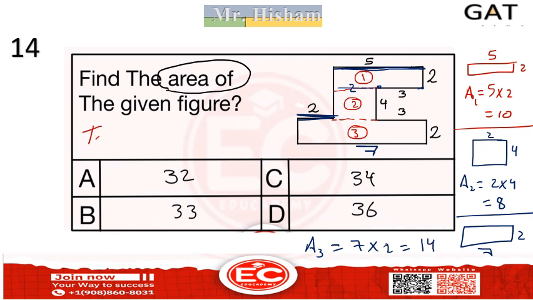So the total area is 10 plus 8 plus 14, which is equal to 32. So the right answer is